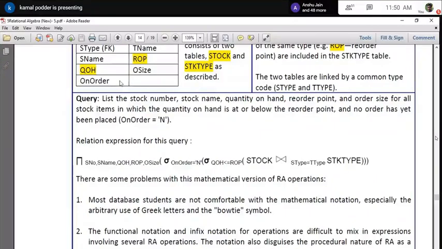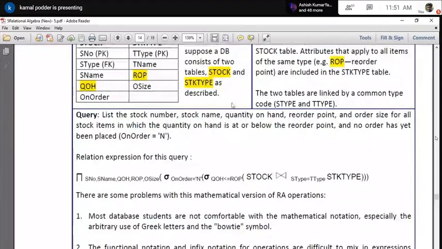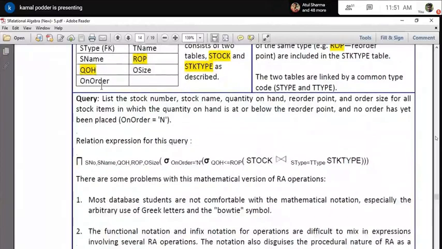Okay, I have to create a basic list of items for which no order has been placed. Okay, but here you can see there is a lot of information you have to produce, which you can only produce by joining these two things. Without joining you cannot do it. Okay, now let's see how we can do that.